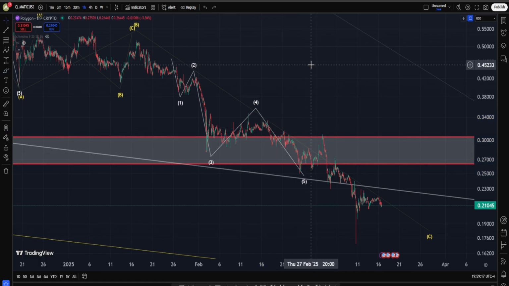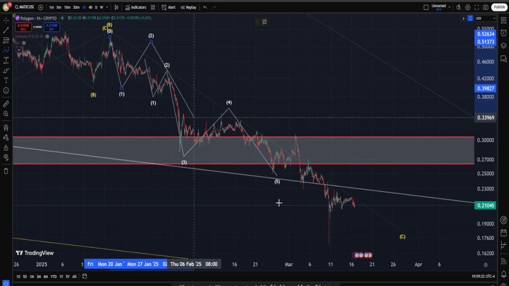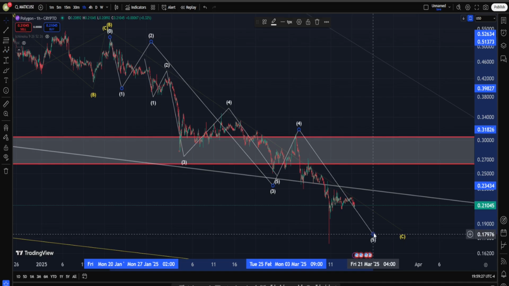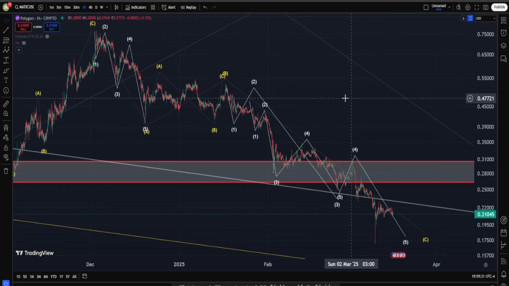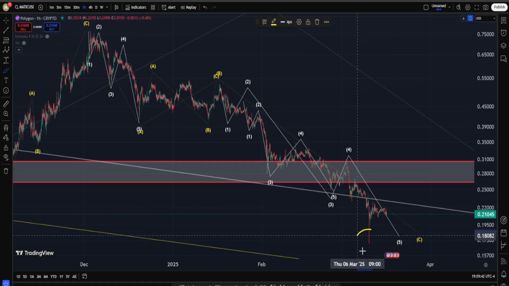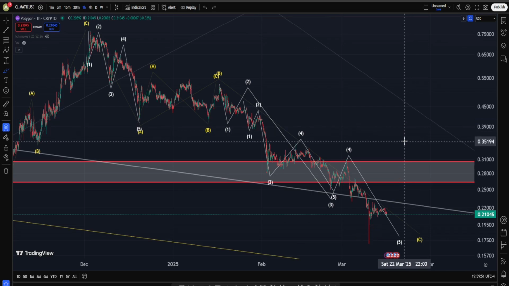Now, on a higher degree, this 5 wave down, I believe it's going to be into a larger degree wave 3, correction for 4, and we are at the moment having our final move down into wave 5, which suggests again what we said also in the previous videos. In Polygon, it seems like we are extremely close to our final bottom. Now, can we say this point is actually our final low, and from here we can get a very strong bounce back? The answer is yes, we can say that, but for now it's not really going to be my